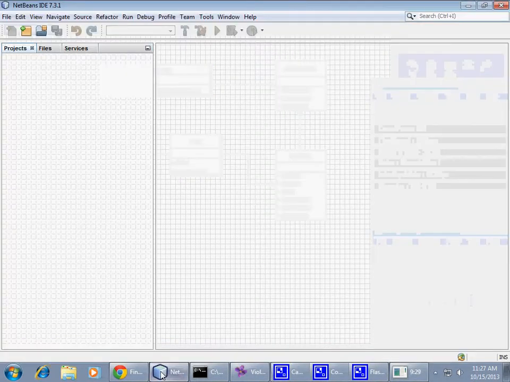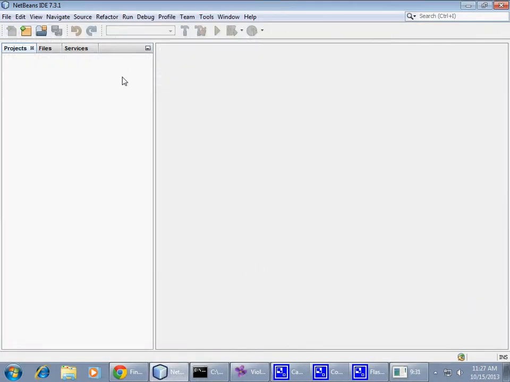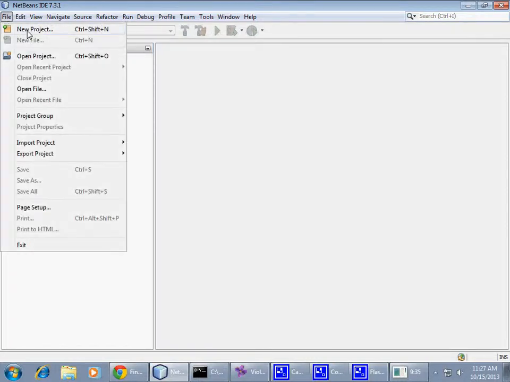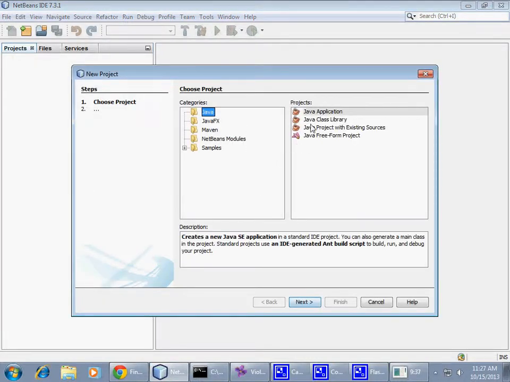And I already started my blank NetBeans environment. So I'm just going to say File, New Project, and